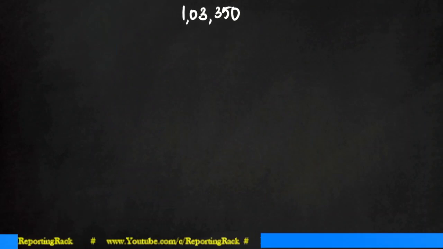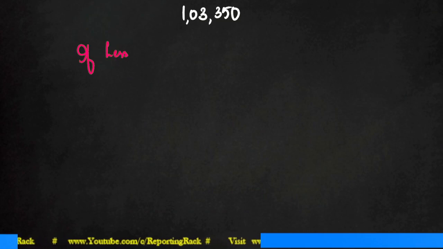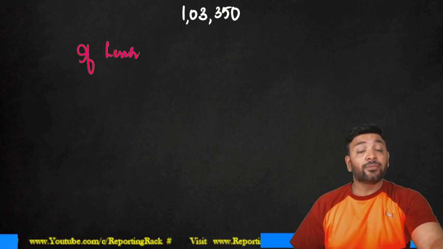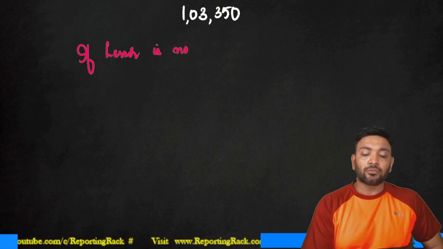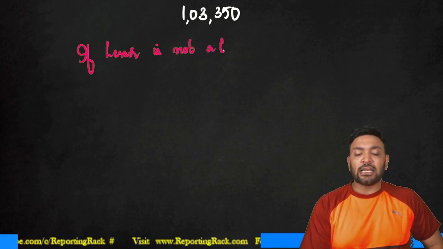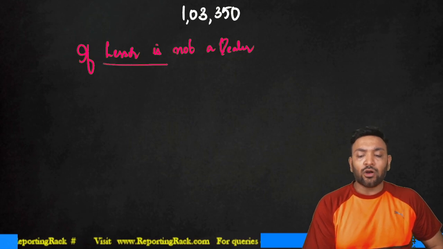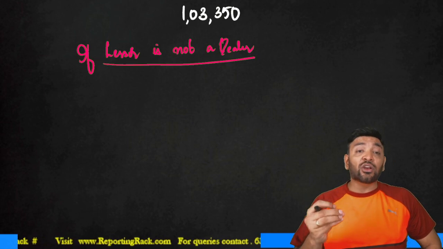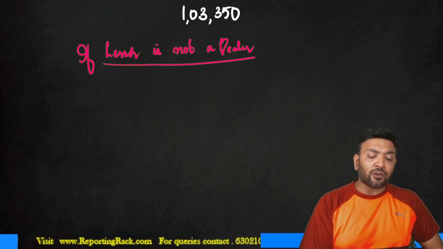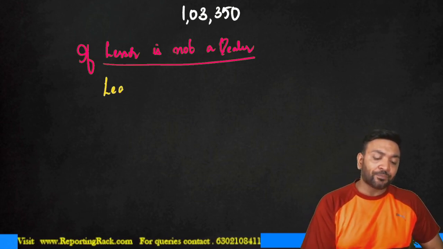Guys, in case the lessor is not a dealer, he is just a lessor, not a dealer in the property, then how do you record? Then I don't have to record cost of sales, neither do I have to record the revenue. So, straightforward, I'll record the entry as